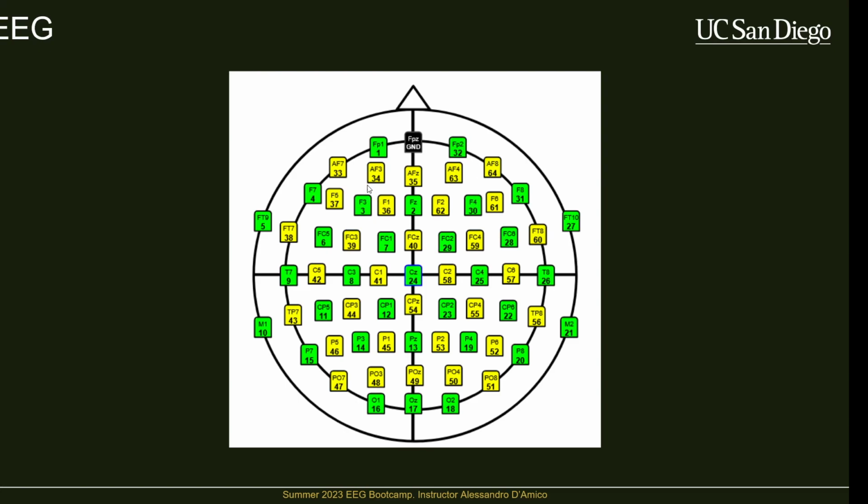The letters broadly define what lobe or part of the cortex you're over. So FP is prefrontal, then frontal, central, central parietal, occipital. And then the Z stands for Zentrum, which is German for center. So CZ is supposed to be dead in the center of the head, like the central electrode, and the position of all of the other electrodes is determined from it, roughly 20 degrees apart, which is where the 10-20 system comes from. I can't remember what the 10 is from. I knew at some point, but